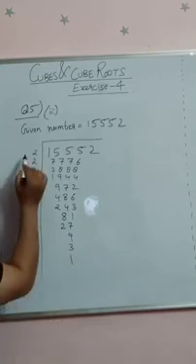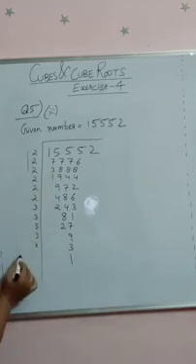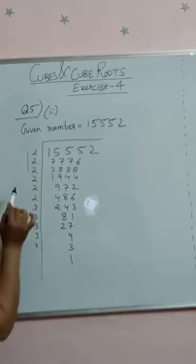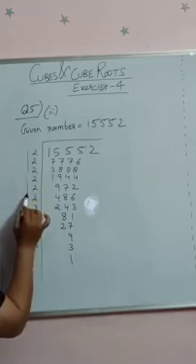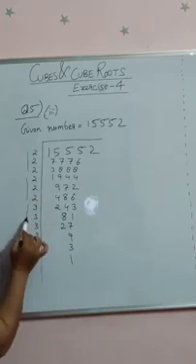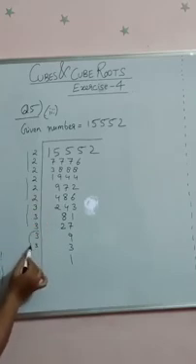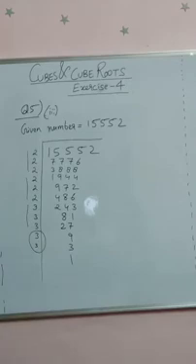So let us make the triplets now. This is the first triplet. Remember, a triplet should be of the same digit. This is the second triplet, the third triplet, and now this is not a triplet. So I am going to rewrite the given number in the form of its factors.